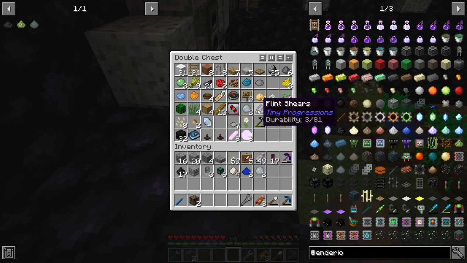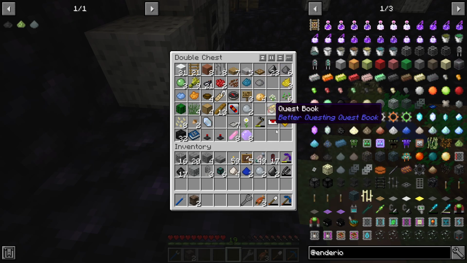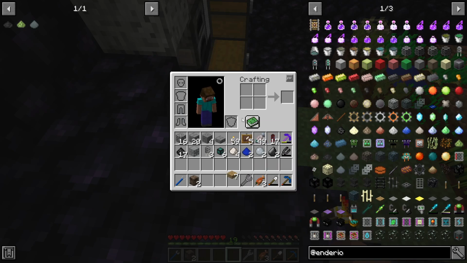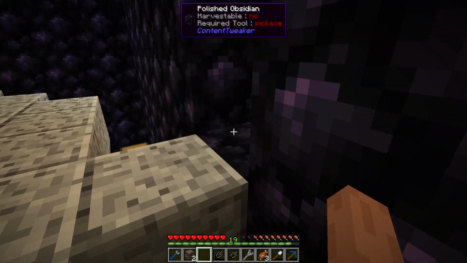Now, I do need this. Should be able to make sticks out of this. That way. There we go. Store all that. I'll still keep that, but I need to get the